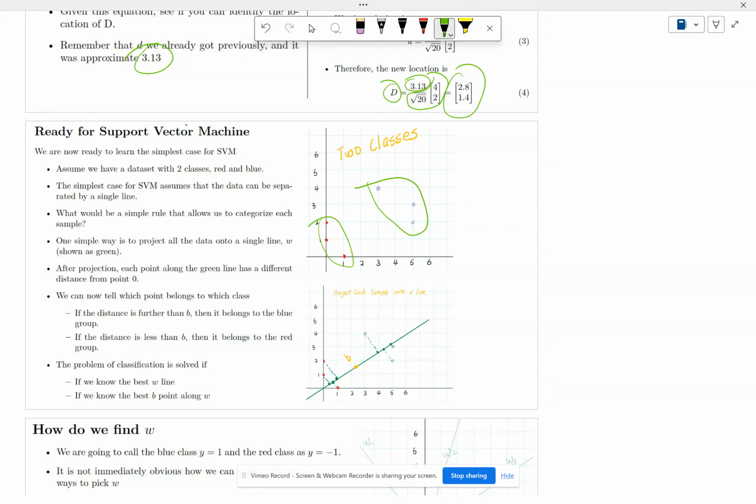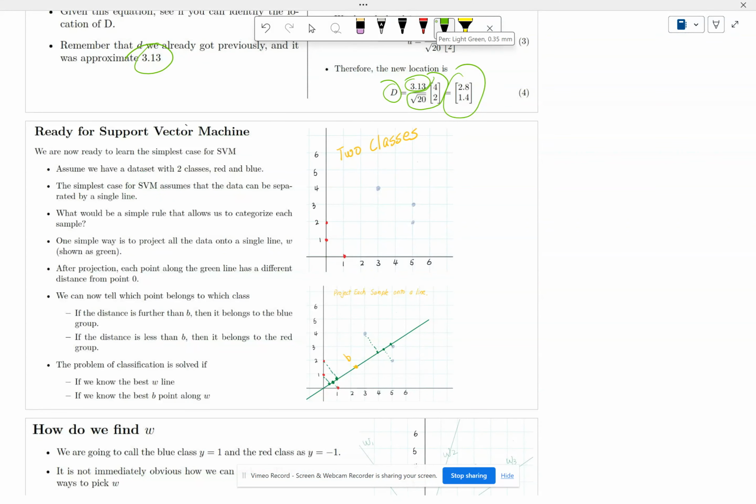Now, in the basic case, SVM assumes that you can separate the data with some kind of line. So it's linearly separable. That's what that says. So what would be a simple rule that allows us to categorize these two classes separately? Well,